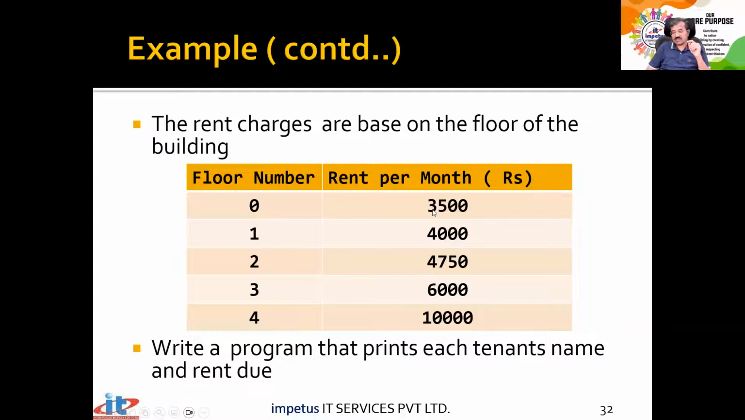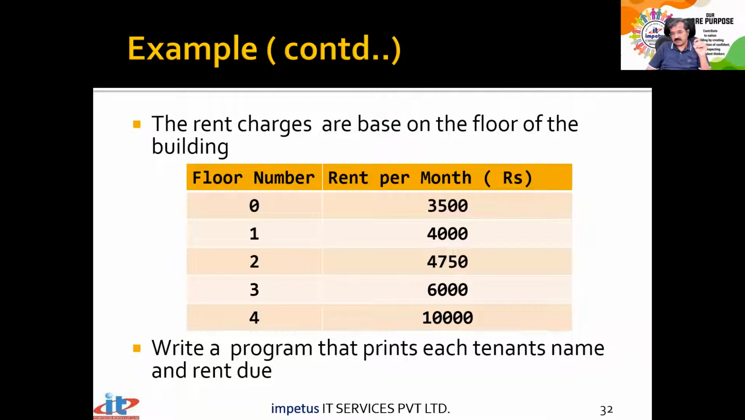If floor number is 0, the rent is 3,500 rupees. If floor number is 1, this is the rent. Floor number 2, this rent. Floor number 3, this rent. Floor number 4, this rent. Write a program that prints each tenant's name and rent due. Each tenant's name and how much is the rent that he has to pay is what